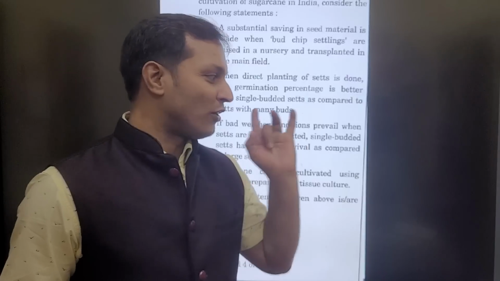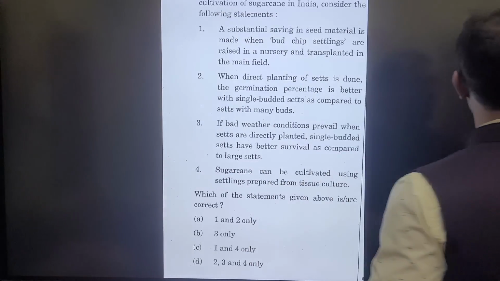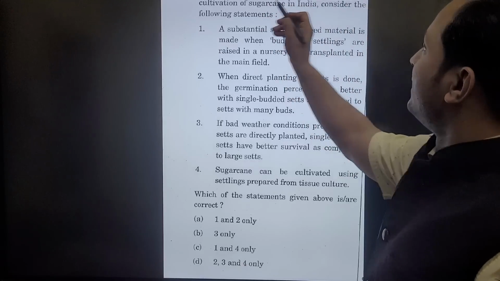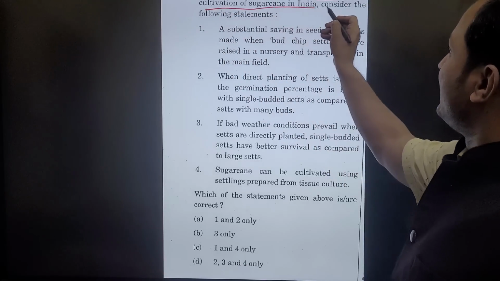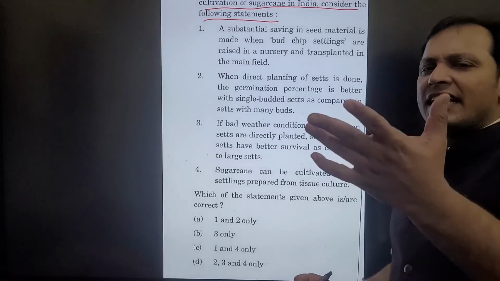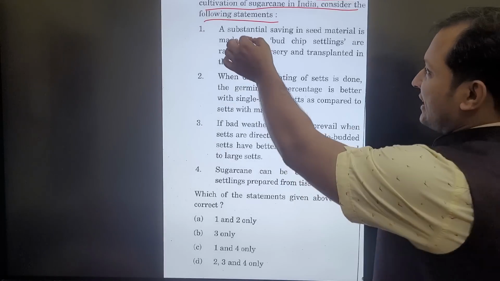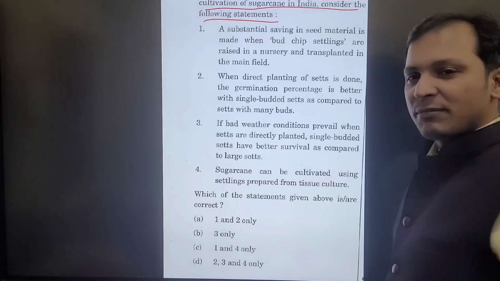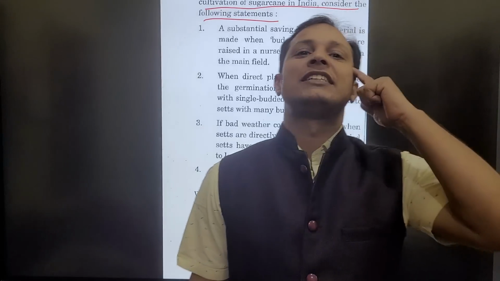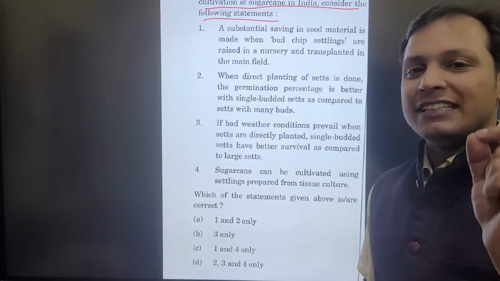So all questions in the single year, I am going to solve. Let us start with the first question. Let us read this question. With reference to the current trend in cultivation of sugar cane in India, consider the following statements. Guys, if you are not an agriculture student, if you just read the first and second statements, you will be scared. But if you know my optional elimination technique, you can solve this question in a fraction of seconds.